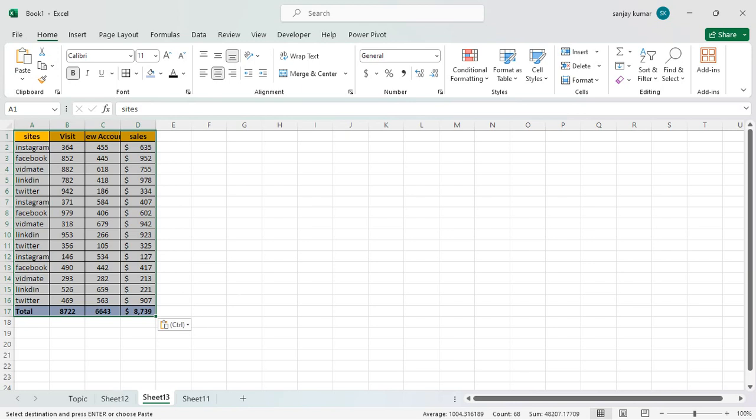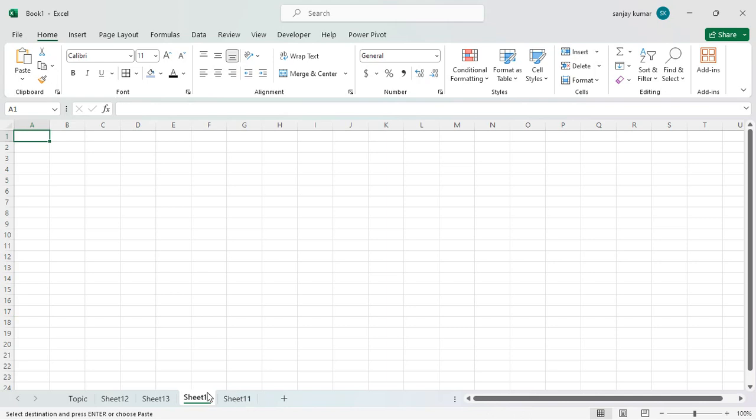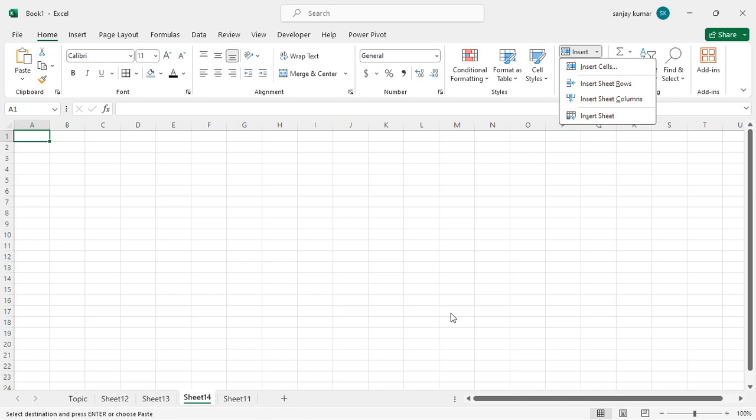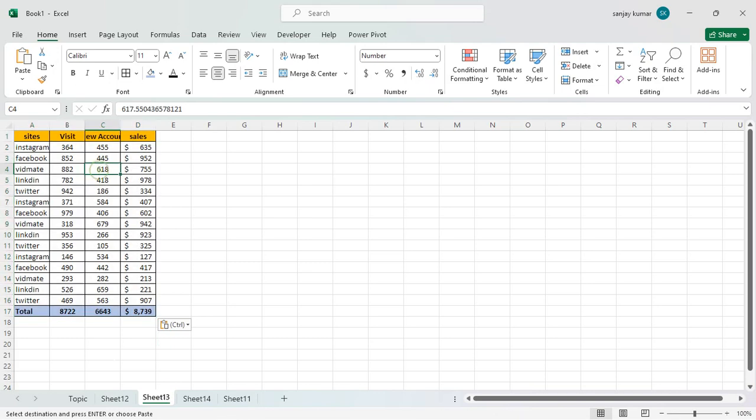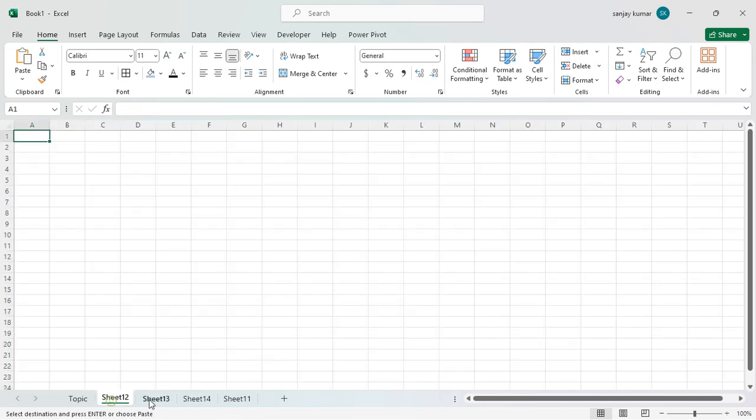There is an alternative if you would like to add another sheet. As you can see here, this plus sign, once you click it, another sheet will get added. So simply you can create it from here, or you can create it from here. Now let's go back to the data. As we have this data here,